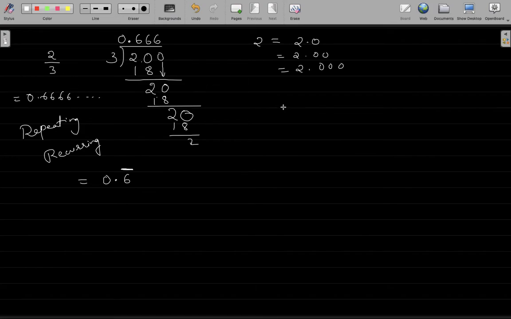Say for example, I have a fraction 4 by 9. I want to divide 4 by 9 and check the result. 4 when divided by 9. Now 9 is greater than 4. So we are going to start with 0 point. I keep a point here. So I will be adding a 0 here, or I will be imagining 4 as 4.0. Instead the decimal will be here in the quotient. Now 9 times 4 gives you 36. 40 minus 36 is 4.